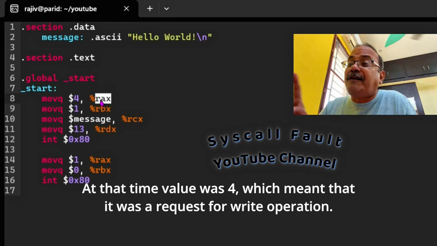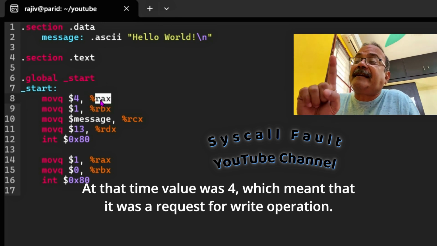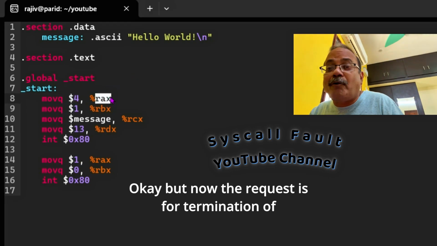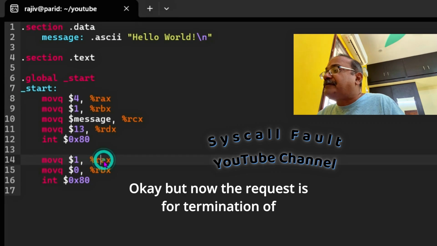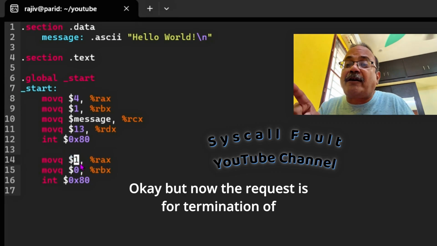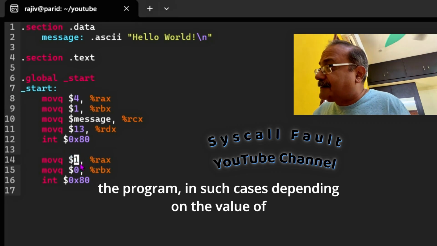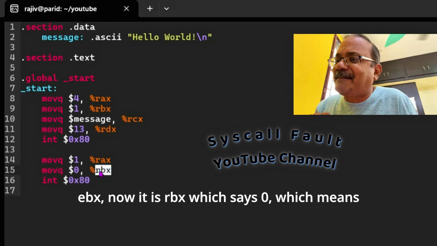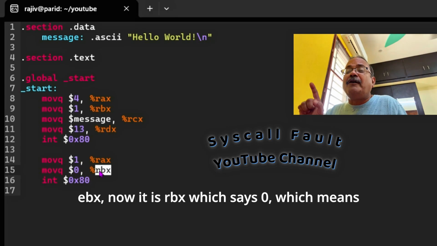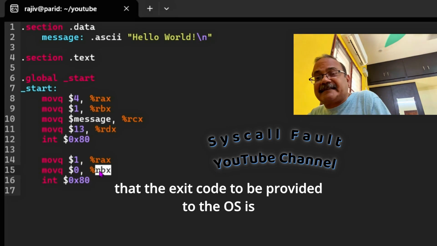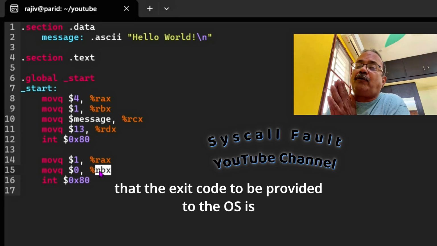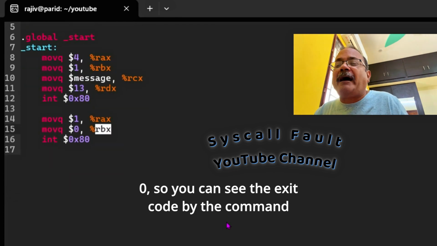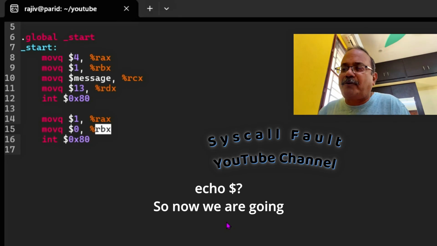At that time the value was 4, which meant that it was a request for a write operation. But now the request is for termination of the program. In such cases, depending on the value of EBX, now it is RBX, which says 0, which means that the exit code to be provided to the OS is 0. So you can see the exit code by the command echo $?.